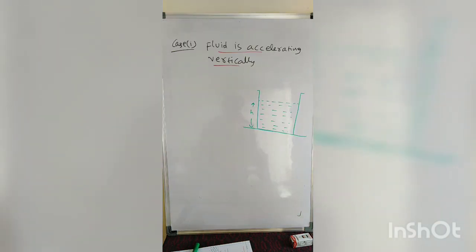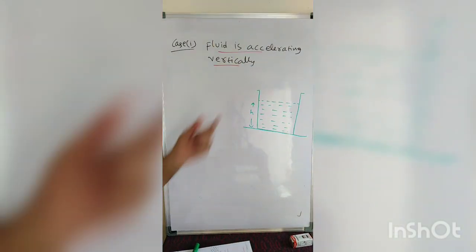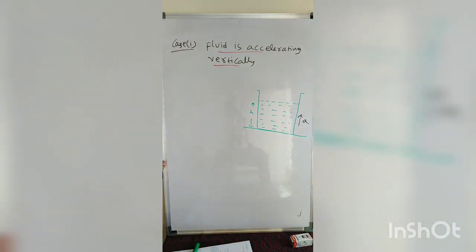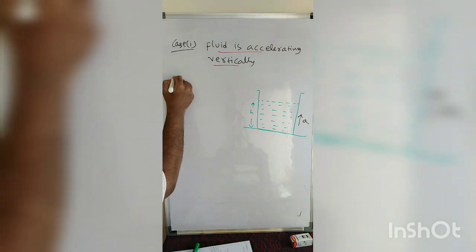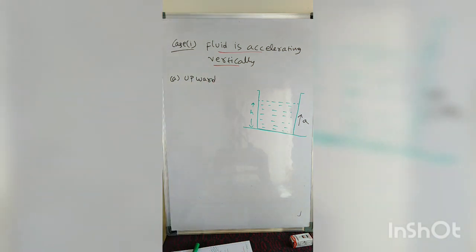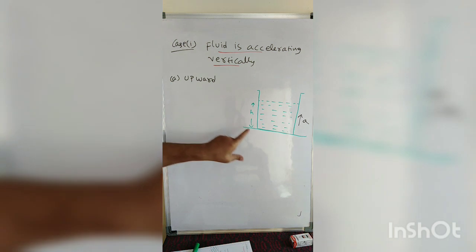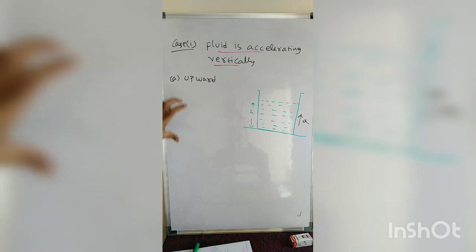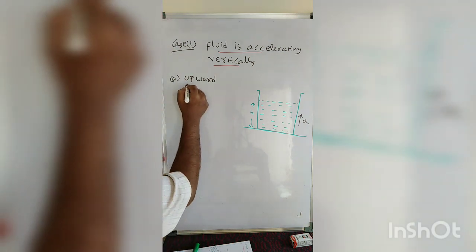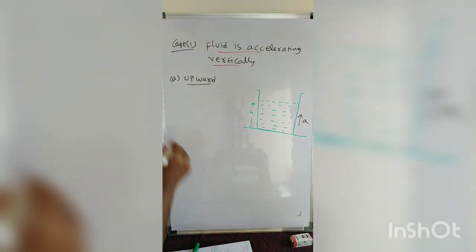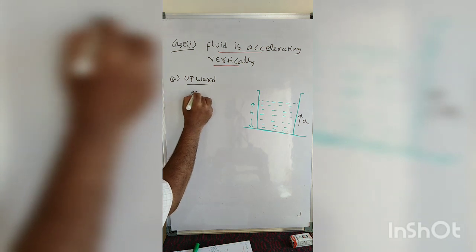Okay, now let us consider a fluid in a container that is accelerating vertically upward. The entire thing is accelerating vertically upward. Let's see here in case one, point A is upward. Now observe carefully when it is moving upward. Please remember that the fluids are incompressible. So as it is moving upward, it is incompressible, so when it is moving in the vertical direction,